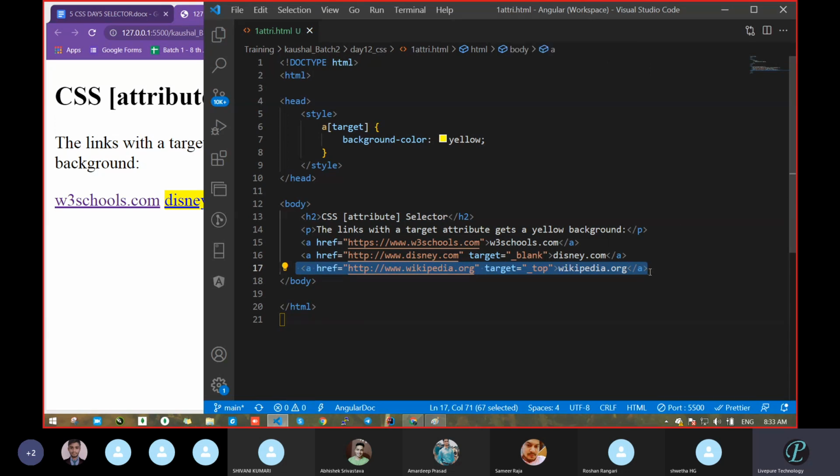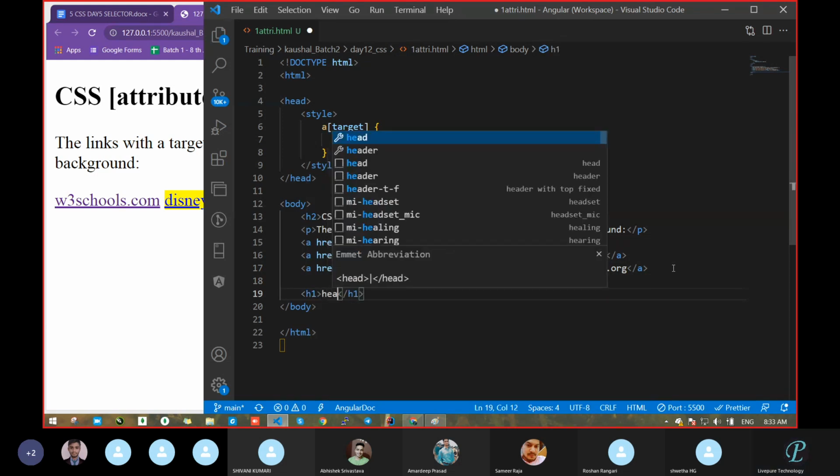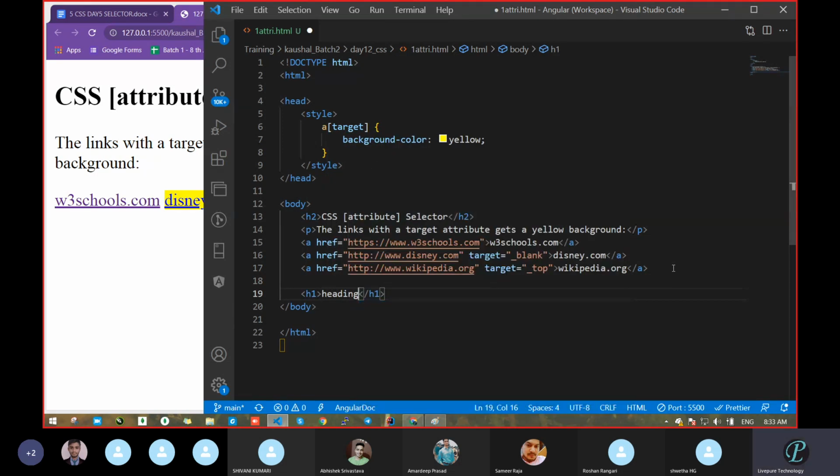For now we know the tag; take h1. Now we can pass the style with the help of h1, then it will work. Then we can pass with class, then id, then different pseudo classes came, then pseudo elements came, different processes.